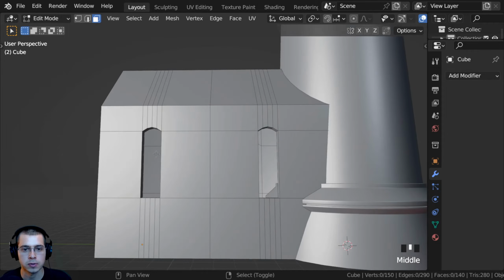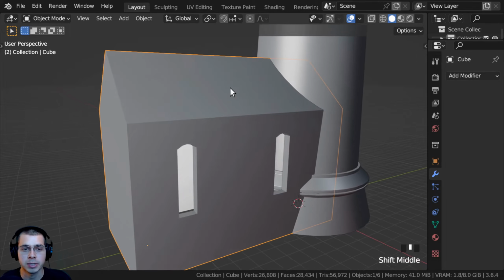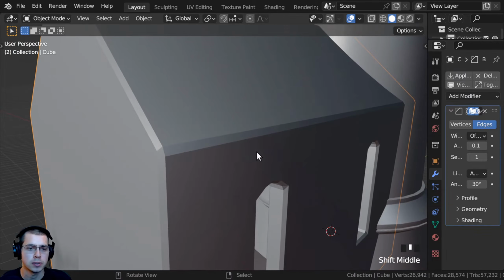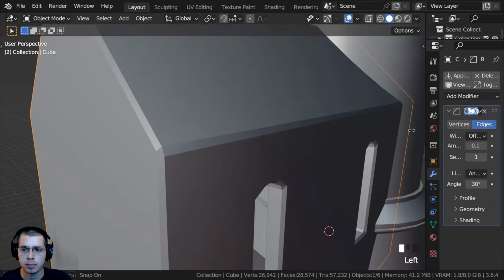So now we have some holes for the windows. Alright, let's go back to object mode, and then with this object selected, we can click on add modifier on the modifier properties, and I want to add a bevel modifier. So add modifier, let's add a bevel, and I can zoom in here, and I want to make this bigger,